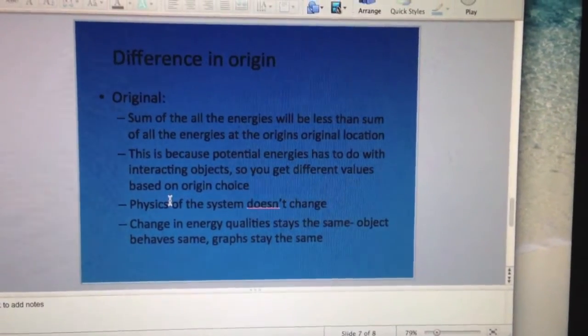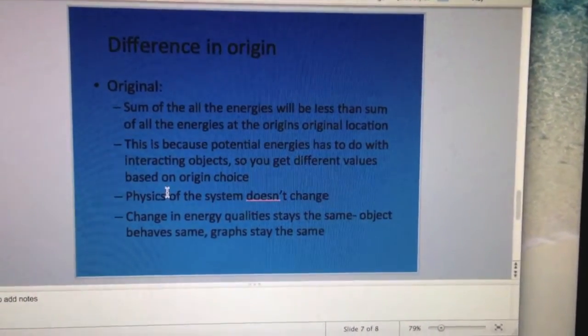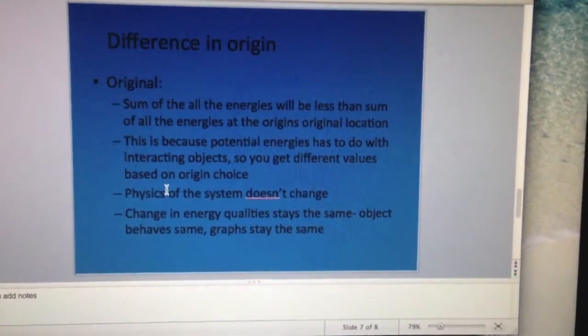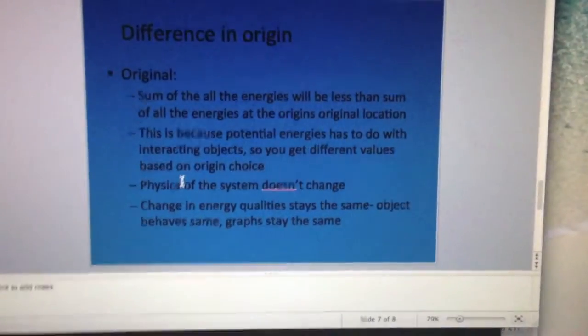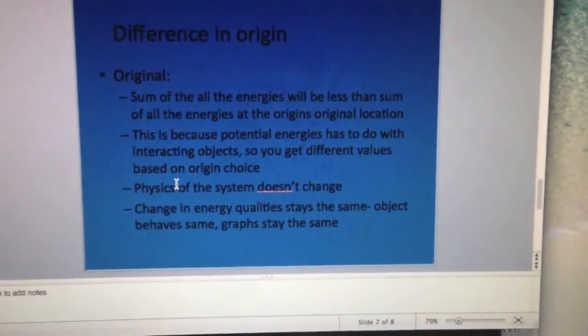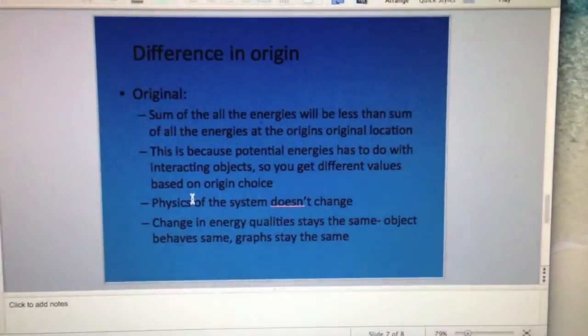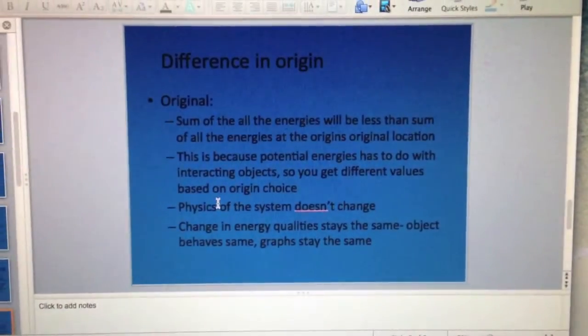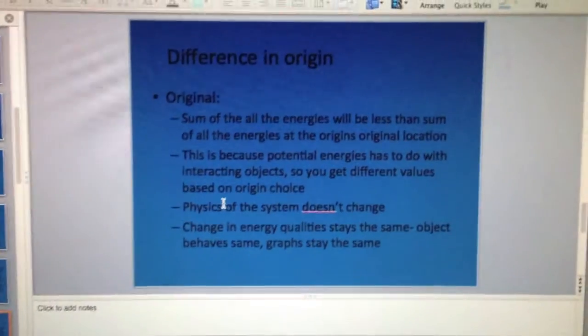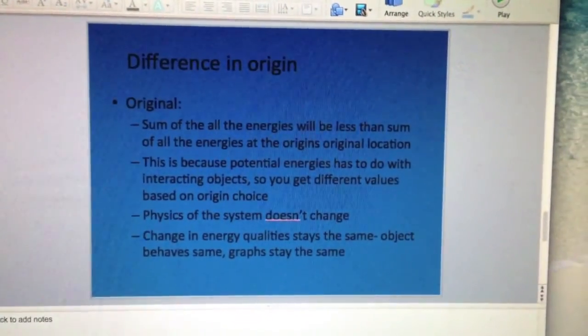Overall, it shouldn't affect it too much, but we know that the physics of the system isn't going to change, and the change in energy stays the same. The object's going to stay the same, it's going to behave the same way, and our graph is going to stay the same. So our main result for this lab